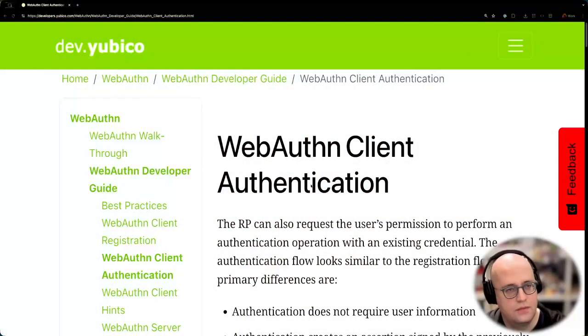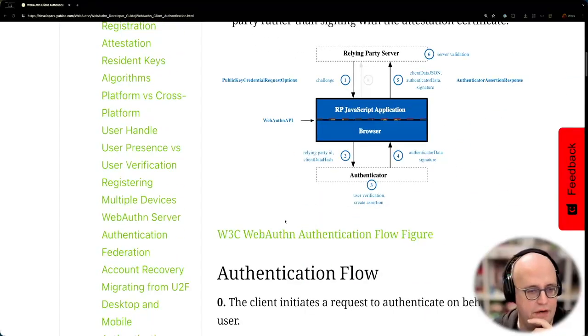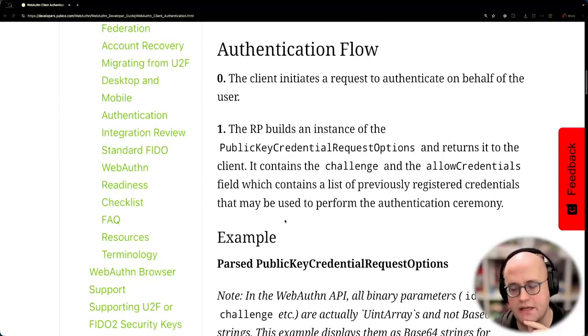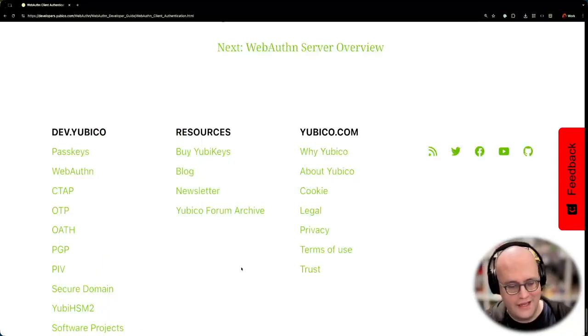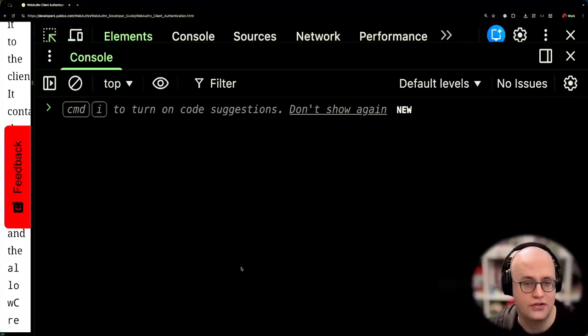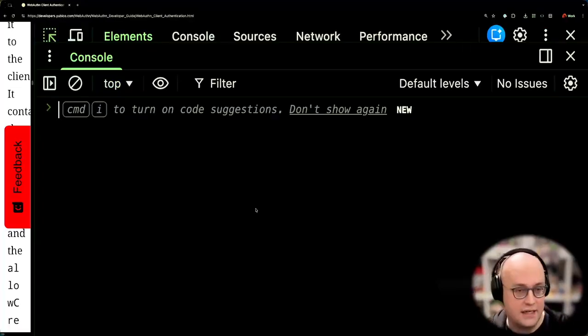My name is Mario and today I'm going to guide you through how to use WebAuthn in the JavaScript console. Let's dive right in. So this is the documentation. The link you will find in the description. This is well written and very detailed, but for us right now I just want to go through the JavaScript calls one by one. For that, I'm just gonna open my console inside my Chrome browser and start exploring what